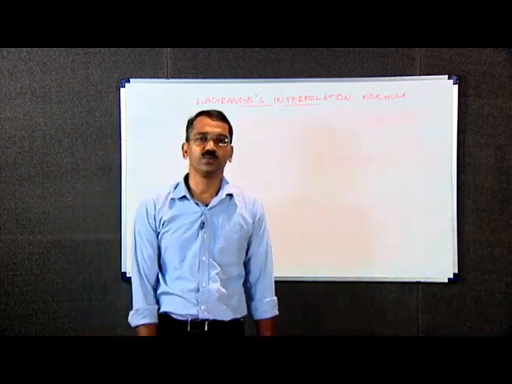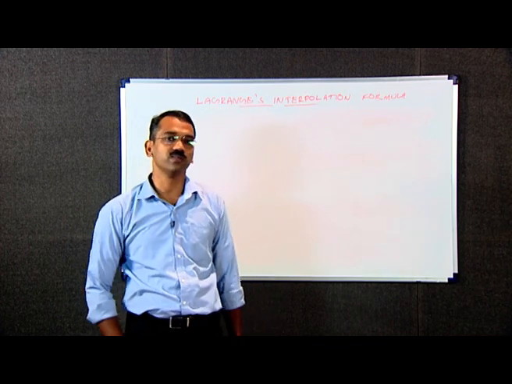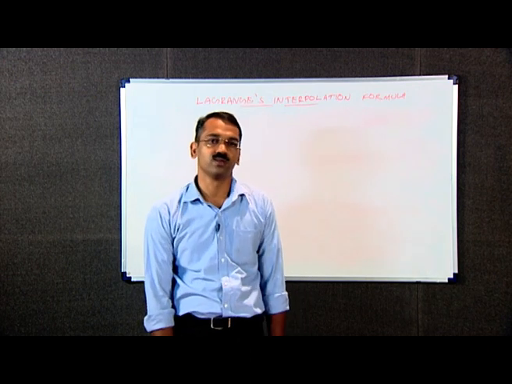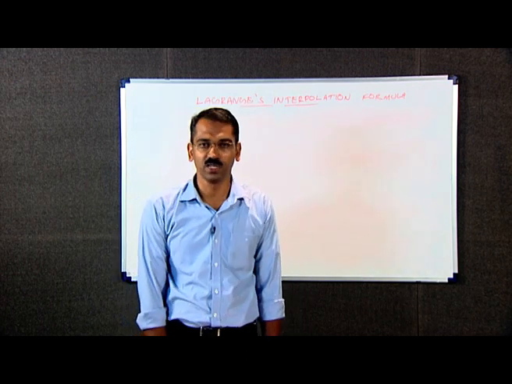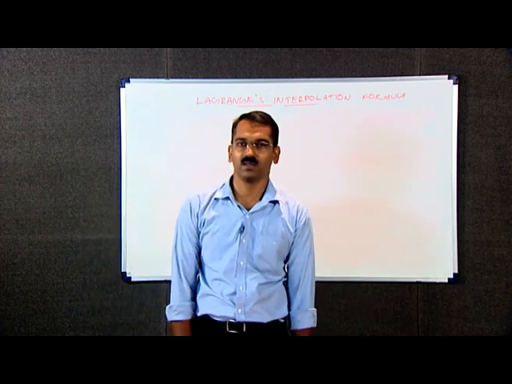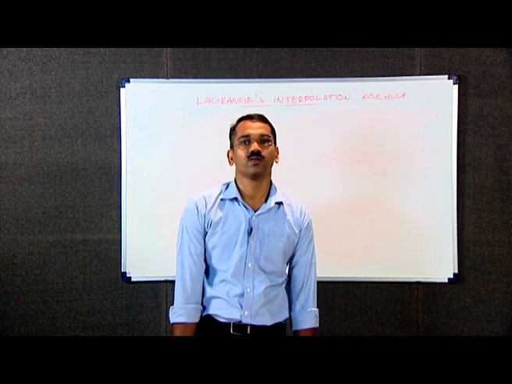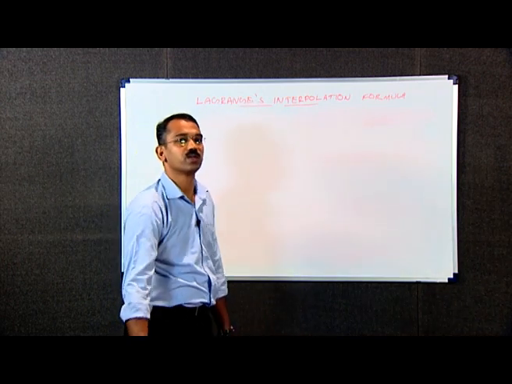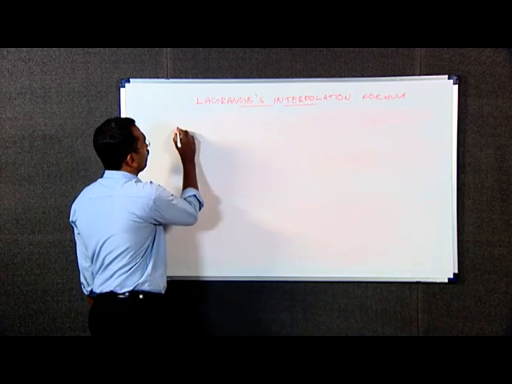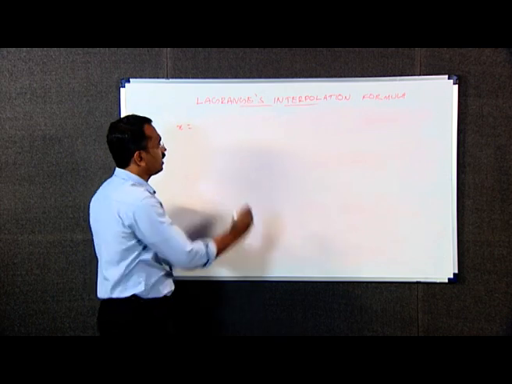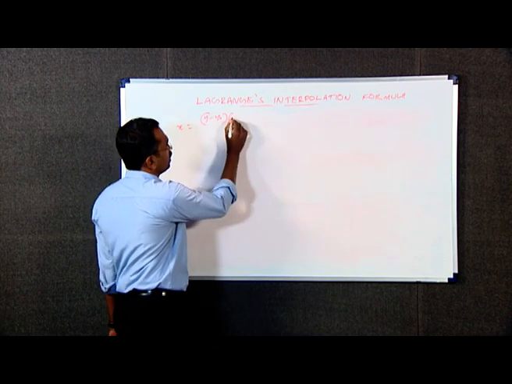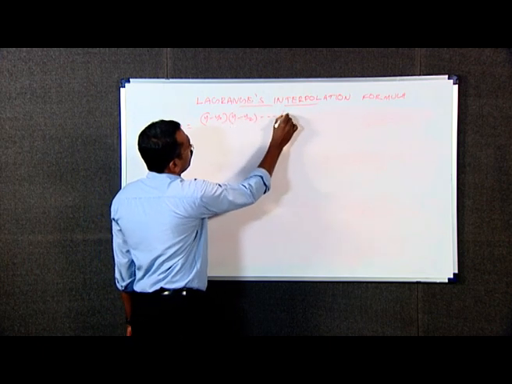In the Lagrange's interpolation formula we just derived, we have treated y as the dependent variable that was expressed as a function of the independent variable x. If we treat x as a function of y, then Lagrange's interpolation formula can be written as x is equal to (y minus y1) into (y minus y2) into etc. (y minus yn)